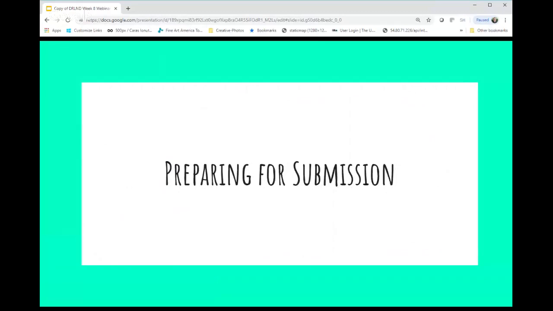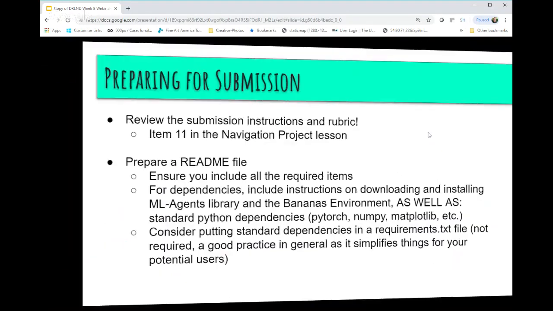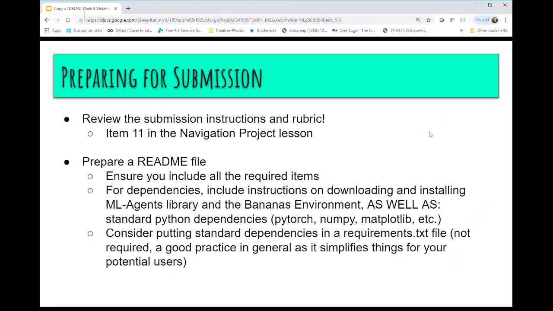So once you have a good working model and you've achieved your 13 score over a 100 episode average, it's time to prepare for submission. So you're only half done at this point, so there's still quite a bit of work to do. If you look at item 11 on the project lesson, it talks about all the things that are required,